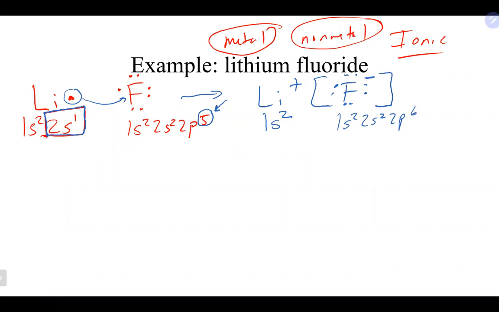Let's also look at what happened here in our electron configuration. 1s2 is 2 electrons, and on the periodic table, 2 electrons is helium, which is a noble gas. 1s2, 2s2, 2p6 is 10 electrons on the periodic table. 10 electrons is neon, which is basically also a noble gas. So these two guys here both achieve noble gas configuration